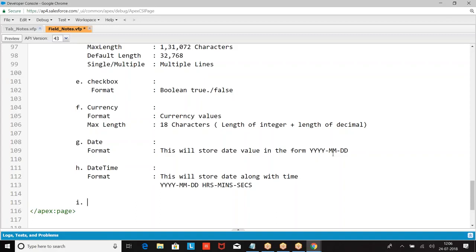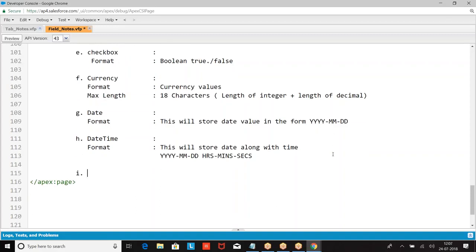So date, date time. Then we have number. Number means any numerical value. If you want to store currency value or decimal value, you store numerical value.